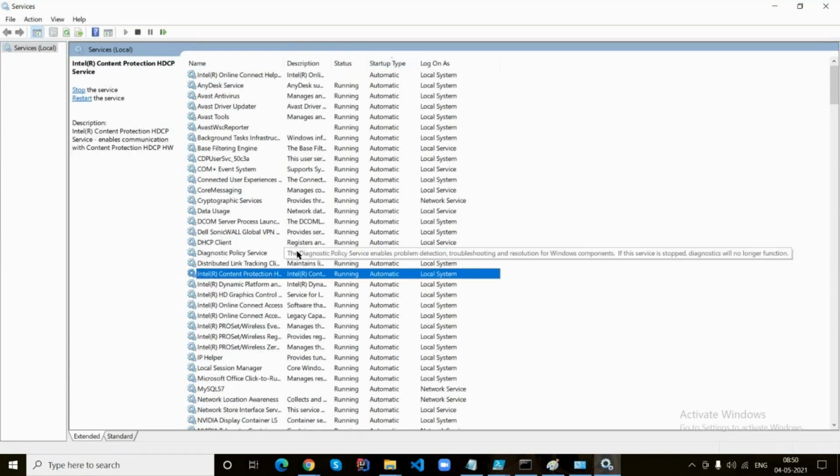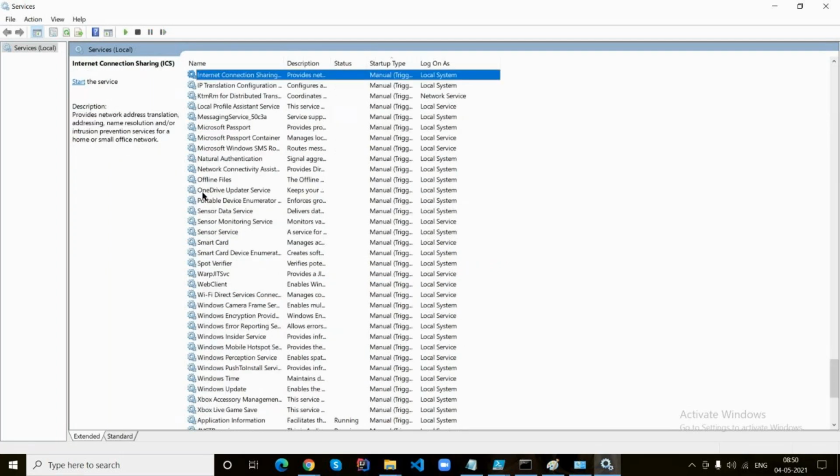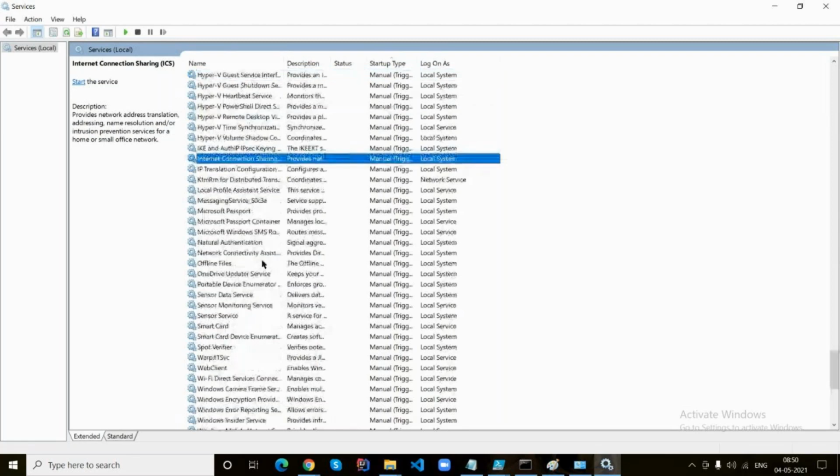Now identify the service called Internet Information Service. Nothing, right? Okay, so till Windows 10, in any of the client OSs, the Internet Information Services was not available.